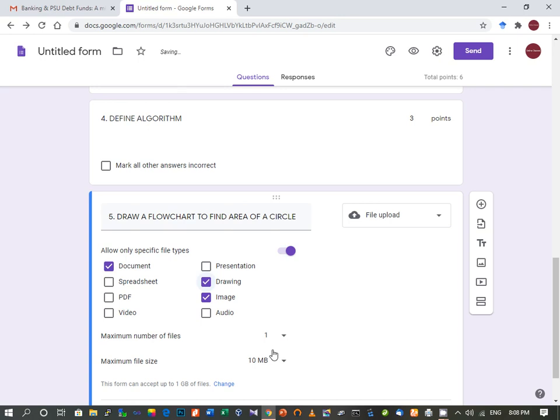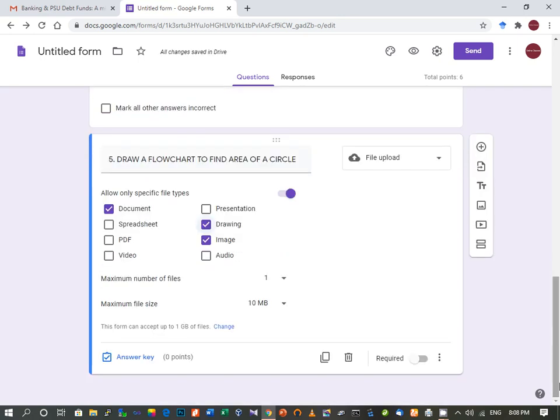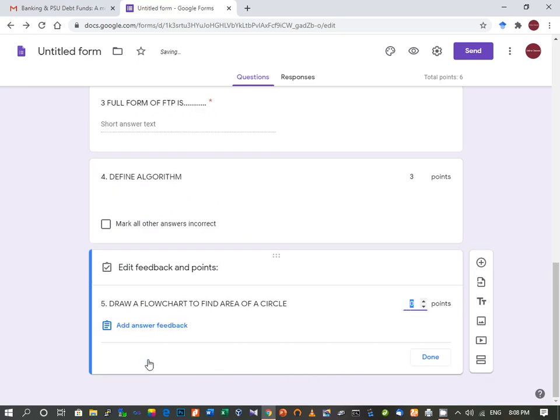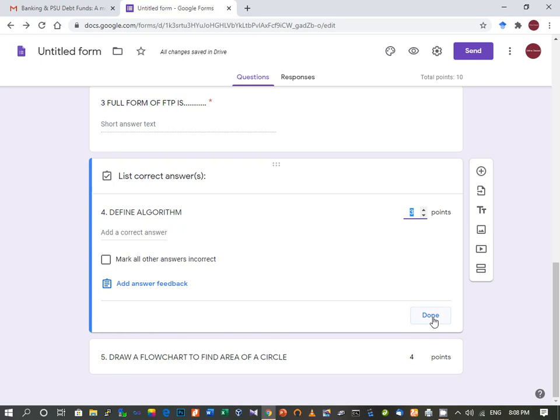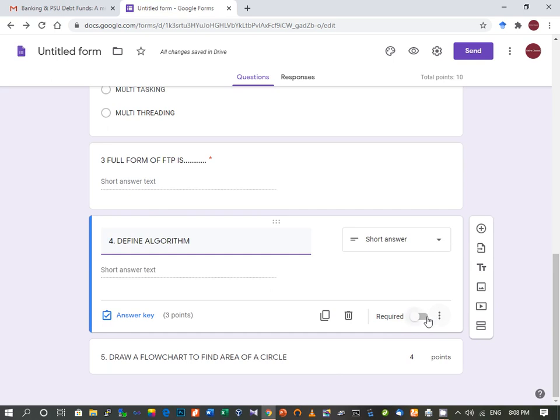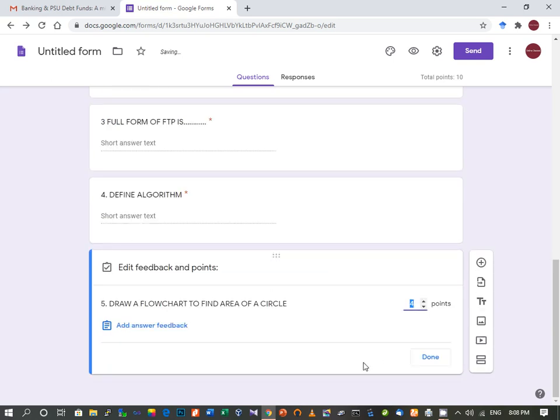We choose all these, then 10 MB is sufficient, and this is required. We check this, and let's provide marks, let it be 4 marks. So we have provided 4 marks, and this is also required, so this is done.